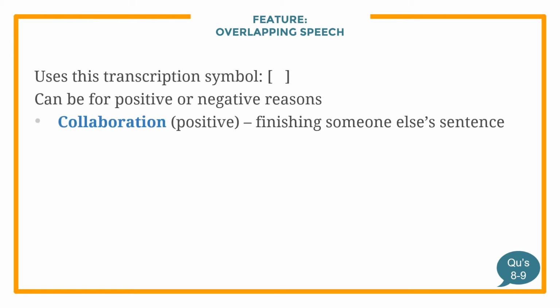So it could be a positive reason of collaborating. Think about when you and your friends are talking. How often does someone finish someone else's sentence? You know what the other person is about to say, and so you anticipate where their sentence is going and you finish it for them, or you finish it with them. This is positive overlapping because it shows that you are listening, it shows you're paying attention, it shows you know that person well enough to know what they're going to say,